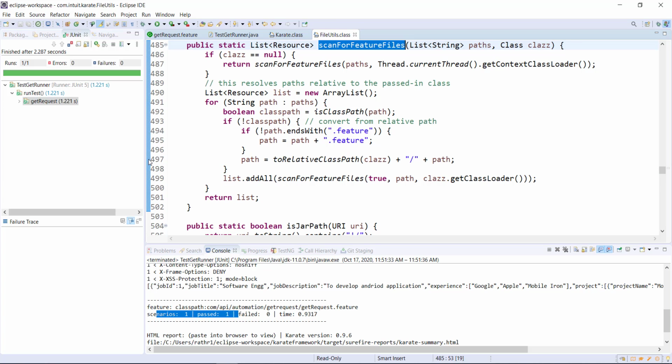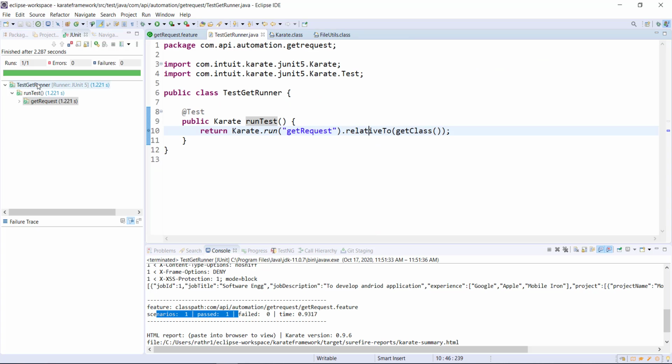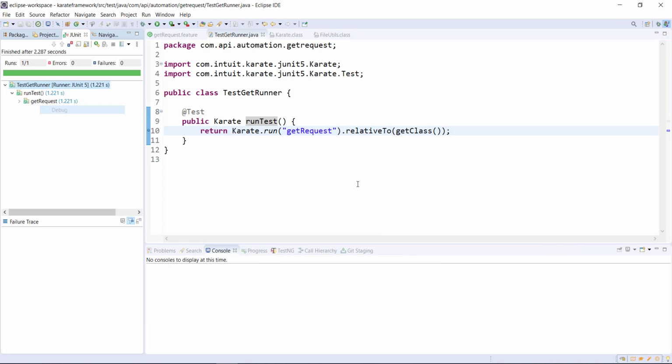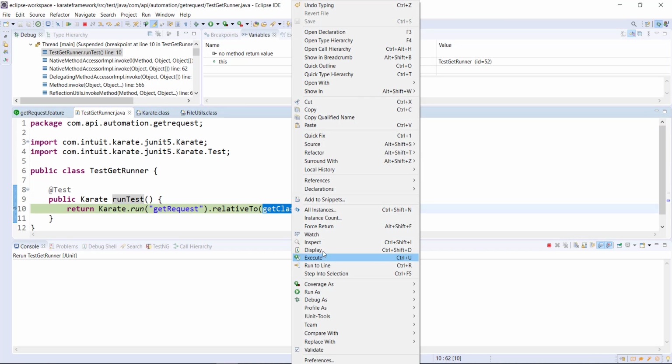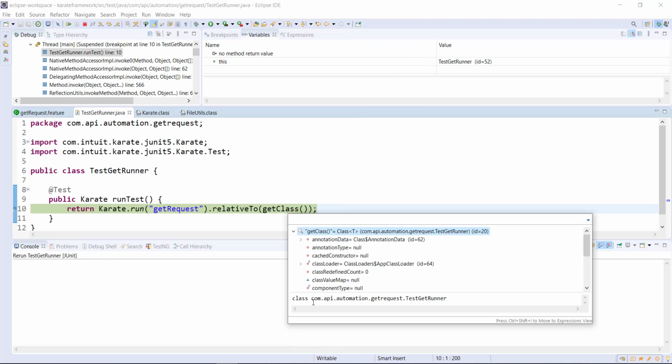Let me put a debug point here also, and then I'm going to run the runner in debug mode. Now let us see what this method returns. As you can see here, it is returning the class along with the package structure. So that's how the relativeTo method will know under which package it should look for the feature file.